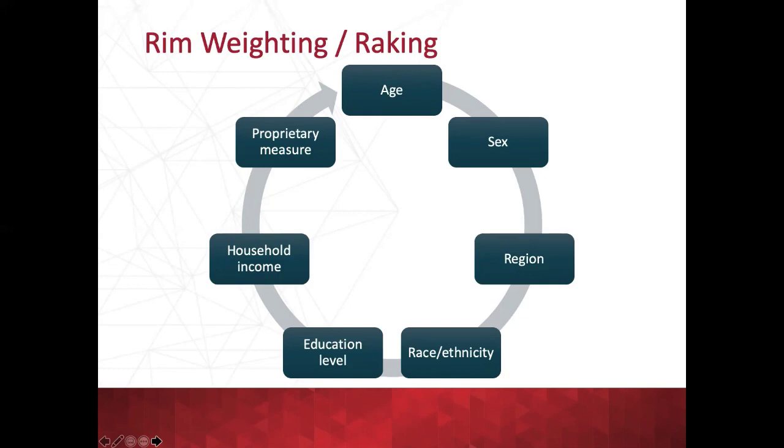In different organizations, in the US, it might be your political party or your political leanings. You don't have enough data to create the matrix where you've broken down and said, okay, people in this cell, there's exactly this many of them. And so what rim weighting or raking does is it says, okay, well, let's weight to the outside data. So we know what percent of the overall population has these different educational levels. We'll weight towards that. So it would weight your data by age.